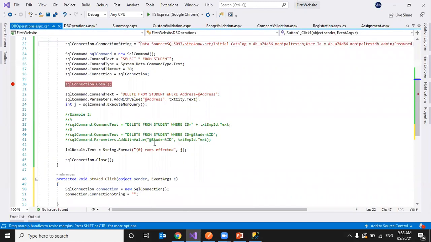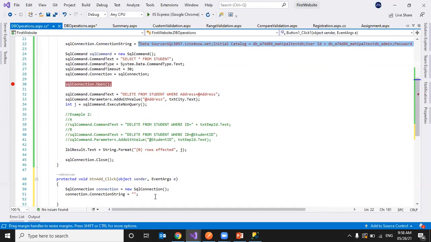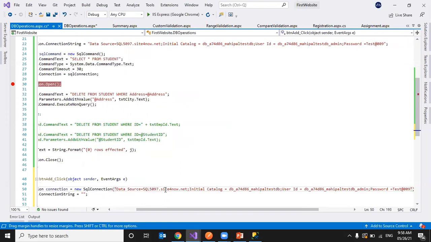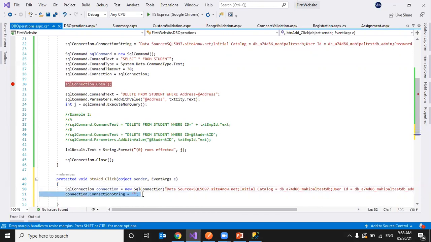I'll simplify this, writing 2 lines into 1 line. I'm just passing the connection string here directly. Now I don't need this line.